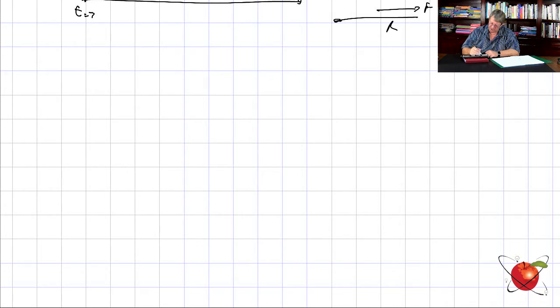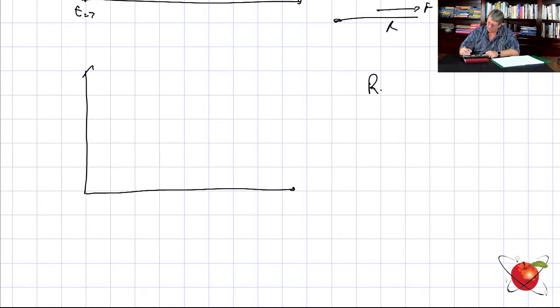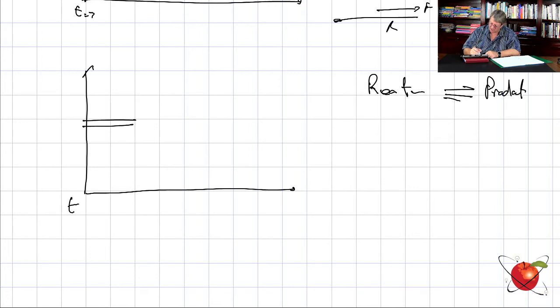Well, just to finish it off, let's do it once. We're not going to do it twice for this. I've got reactant going to product. And here is time equals 3. This is rate of reaction. Remember, you always look at the axes. This is time. Now, in this case, I am going to decrease